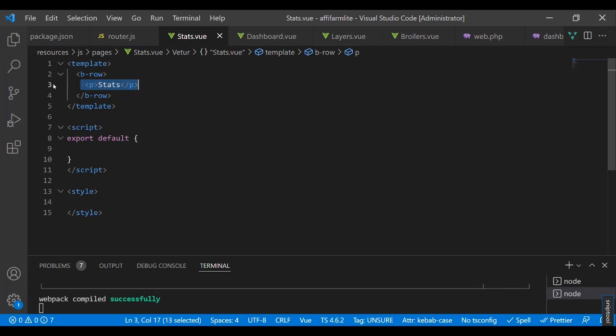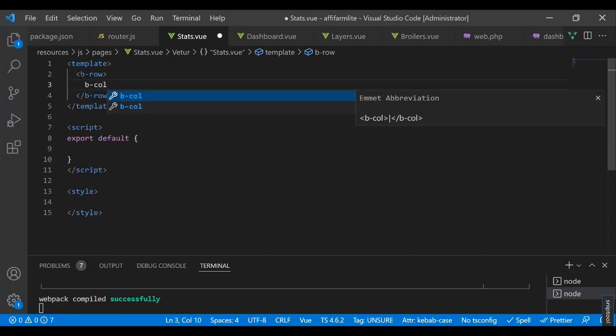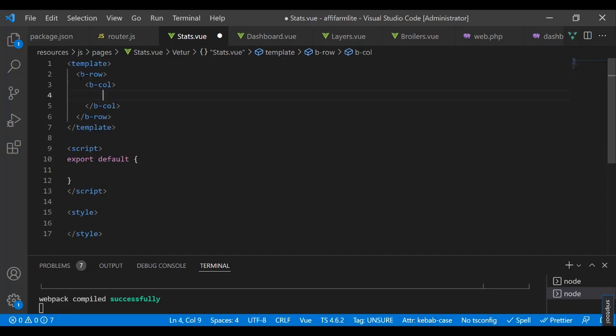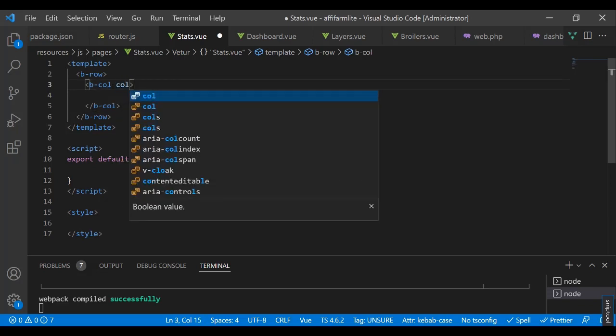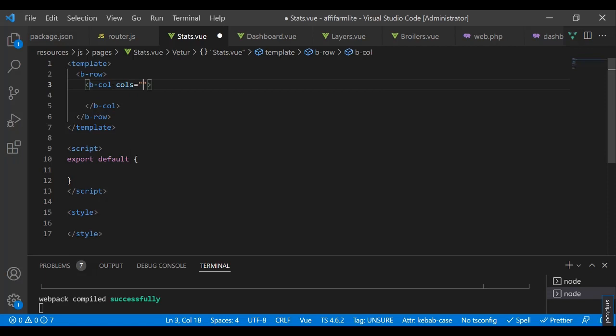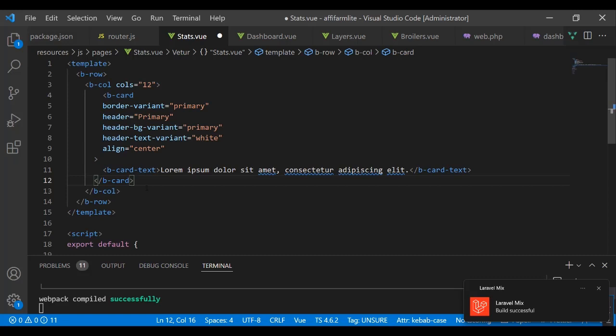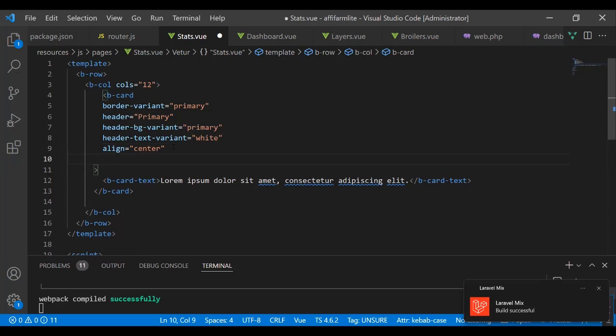I already have a B-row, and then I think I can add a div. So it will be B-col, and then the B-col will have a cols class. So it will be cols, and then cols will be 12. And then inside is where we're going to put our cards. So you can have a card group, and this card will have a style,